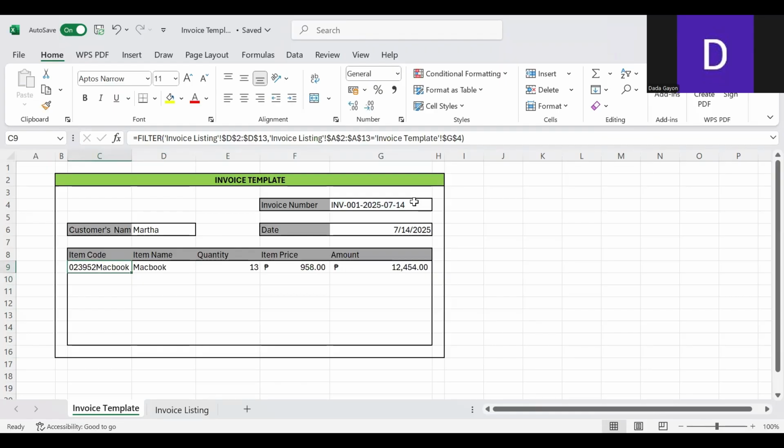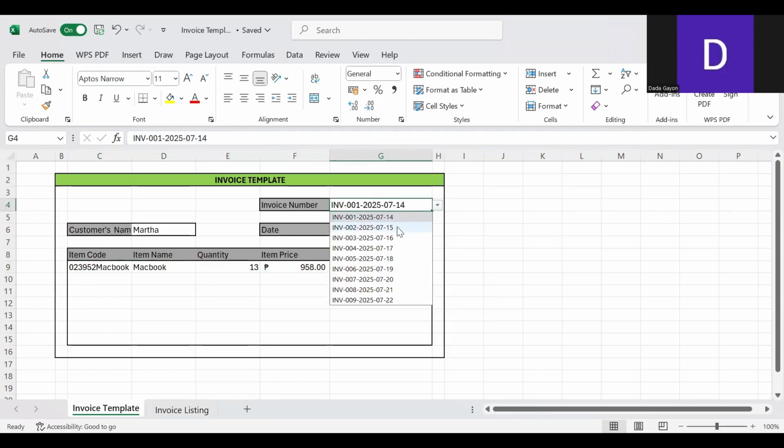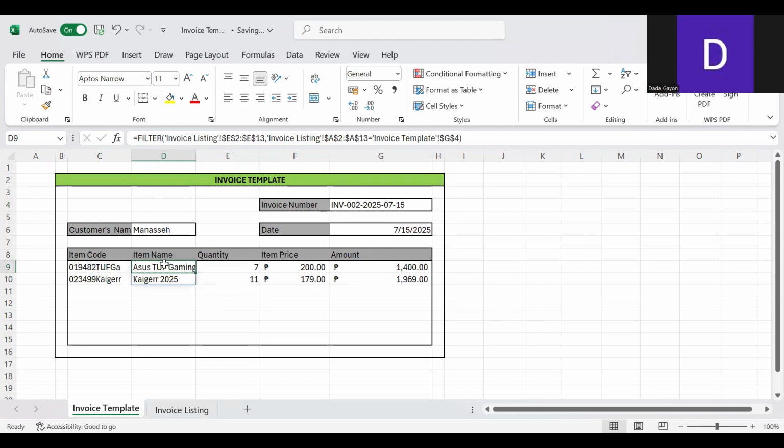So there you go, guys. The formula will be automatically spilled. So let's try to go on to invoice July 15, 2025. And there, the formula has automatically spilled.